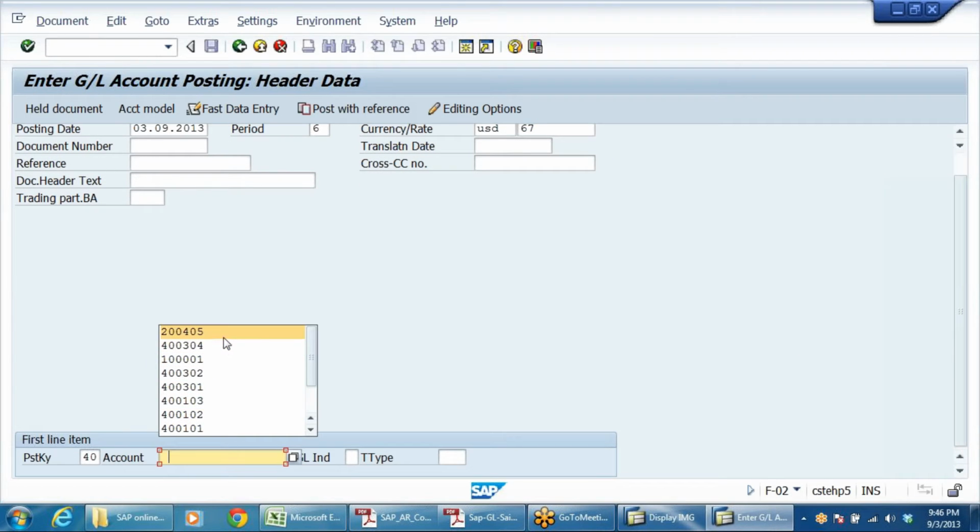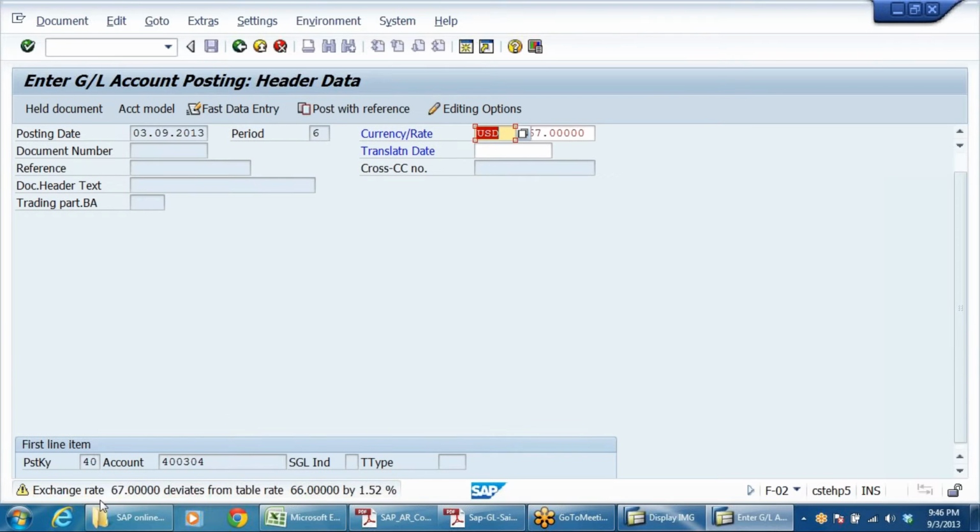Let me check. 400 304. System exchange rate 67 deviates from the table rate of 66 by 1.52%. So with percentage system will give you.